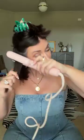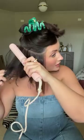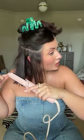Okay, so you can tell I have some natural wave to my hair. We probably all do. I'm gonna turn on your Duo. You can curl or straighten your hair with this, and it has a little fan that blows out warm air. And we're just going to straighten our hair. It is a titanium plate, applies the perfect amount of pressure, and it is part of that deal,